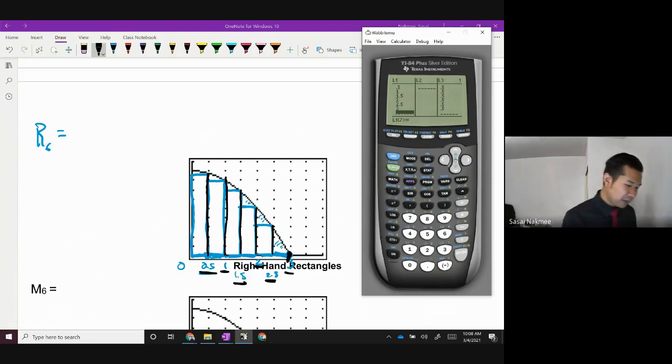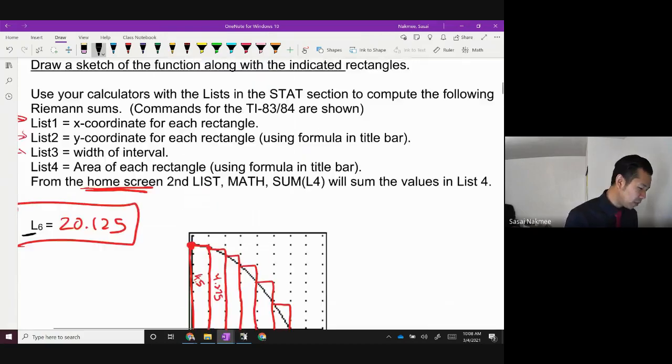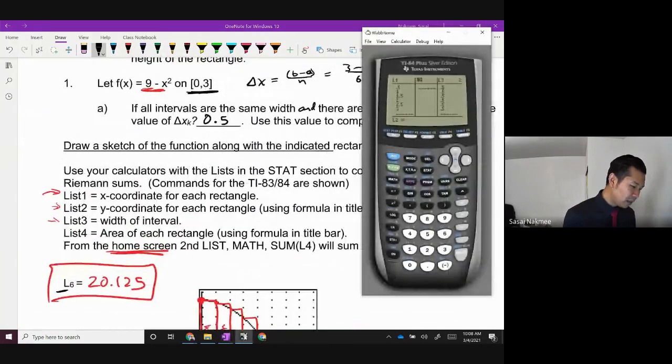Okay. L2 is going to be, again, the function evaluated at those x values. And I do that by plugging it into the equation bar at the very top there. And I go back and double check what my function was in this problem. It was 9 minus x squared. So I'm going to type that in. 9 minus, I don't type in x squared though. I type in where my x values are, and my x values are in L1. So I go ahead and hit second L1. So I'm going to do 9 minus L1, but I want that L1 squared. I go ahead and press enter, and it does all those calculations for me.